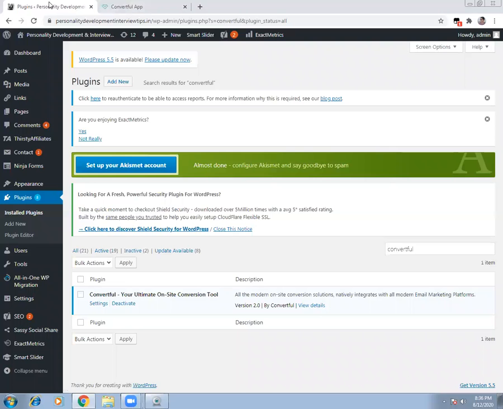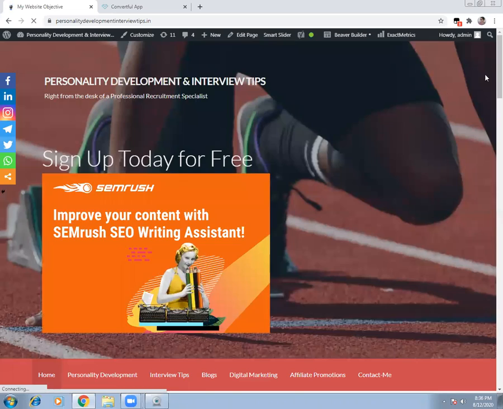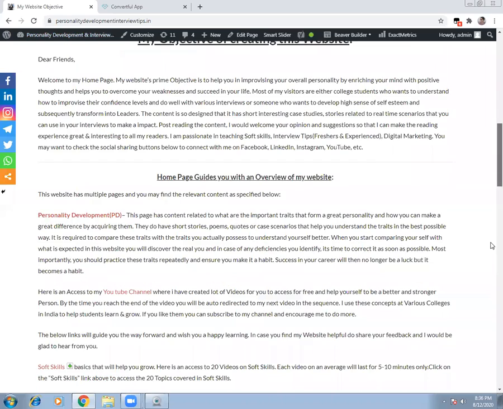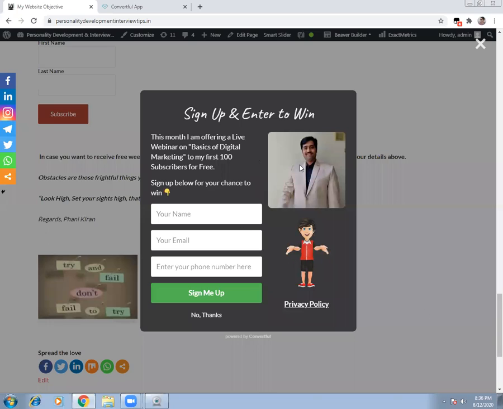So if you go here, you can clearly see that you can say visit site. So you can see here a form, okay? After this is a pop-up form. We call it a pop-up form. And this pop-up form, you can see here, powered by Convertful. So when you identify any form that is on the website, clearly it will give you the source. So this is a tool that somebody is using, that is through Convertful, and this form is giving me maximum leads.